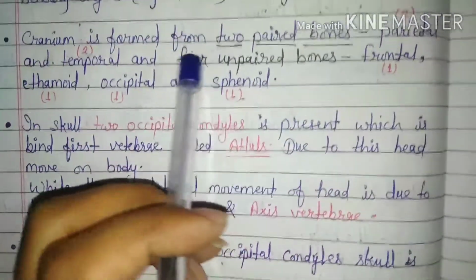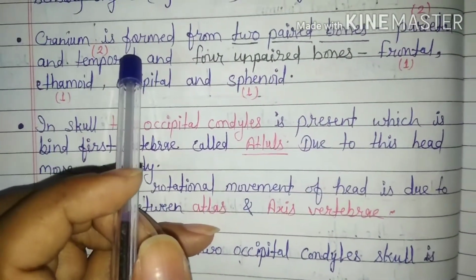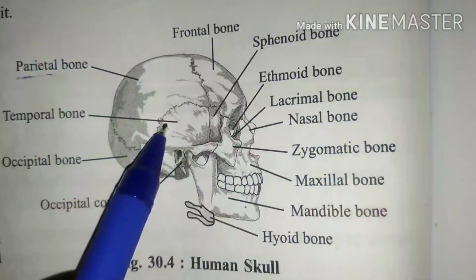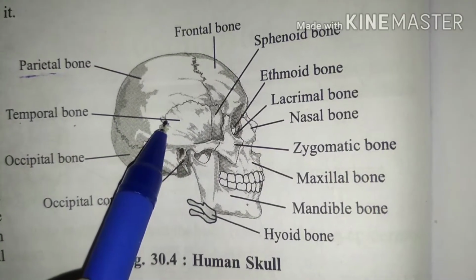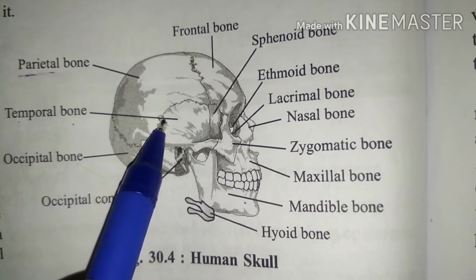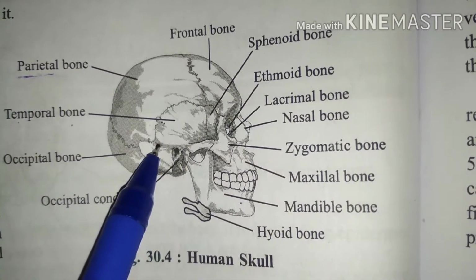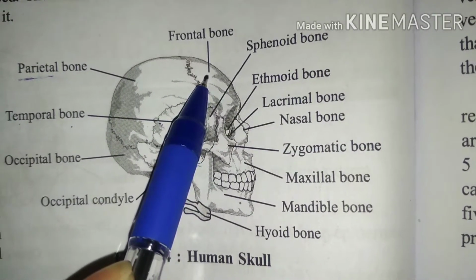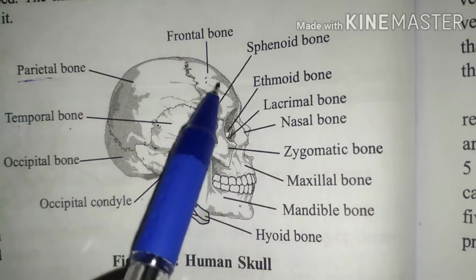First is the parietal bone, which is 2 in number. Location: greater portion of the sides and roof of the cranial cavity. Second paired bone is the temporal bone. It is 2 in number and located at the inferior lateral aspect of the cranium and part of the cranial floor. Third, the frontal bone, which is single in number, located at the anterior part of the cranium and forms the forehead.